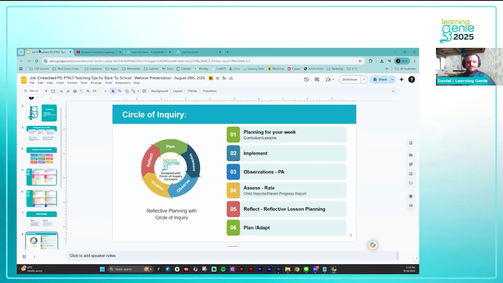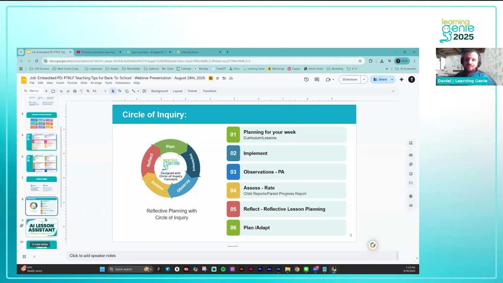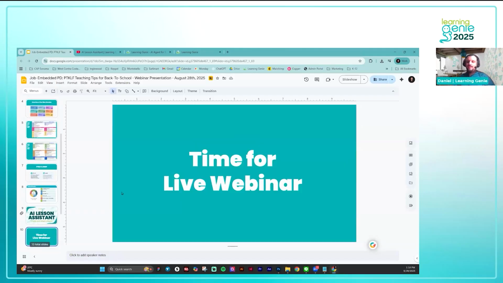All right, so what do you think? This is what we're gonna be looking at today. So it's basically a tool that will let us generate lessons out of just having the theme, for example, just giving it a brief description. If you're not familiar with it, we're gonna jump into it right now so you can see what it's all about. But if you'd like to let me know in the chat what you think,